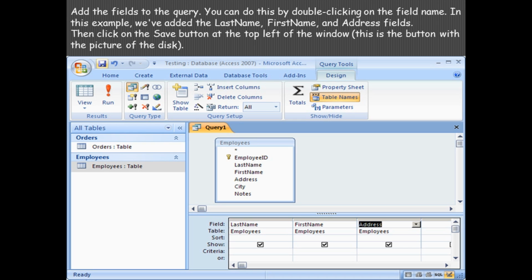Now where we have Sort, you can arrange the table data in ascending or descending order. The Show command will allow you to show or hide whichever fields you want. If you want to add a field in the query but you do not want to show it when it is displayed as the query table, then you just need to uncheck the checkbox of the field name. For example, if I want to add last name in the query but I do not want to display it in the table, you will uncheck the checkbox under the last name column.